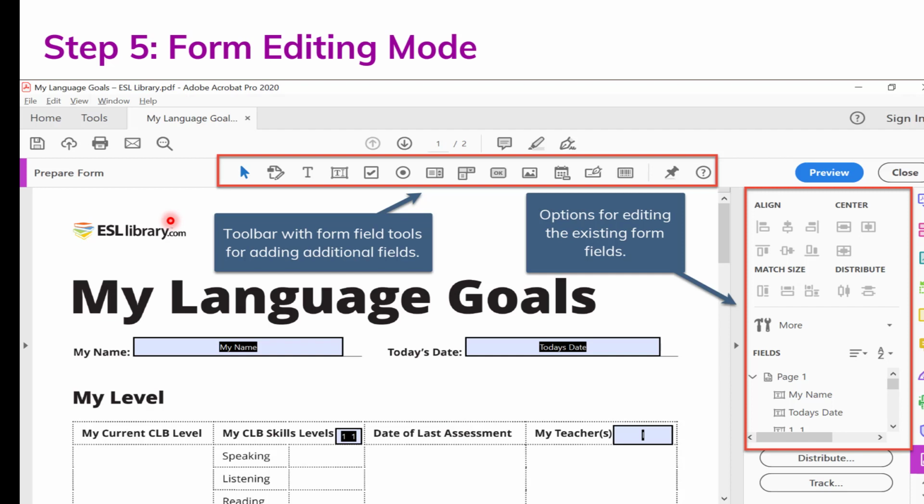Before you start editing though, you want to pay attention to the top toolbar with all the various form field tools, and to the right, this tool pane provides additional options for editing individual form fields once selected.